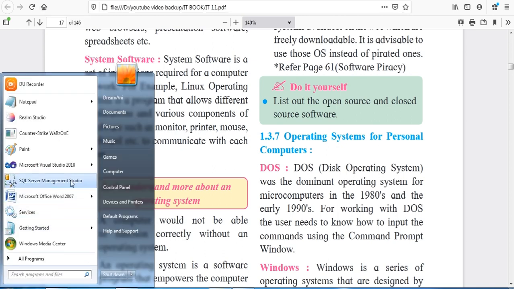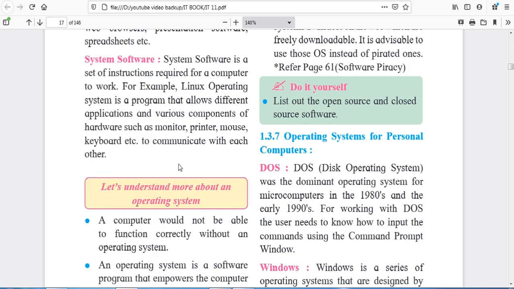What will be performed if I click on this computer name? These instructions have already been saved in system software. So this system software is responsible to run your system, to communicate between the machine and our instructions. So that is what system software is.